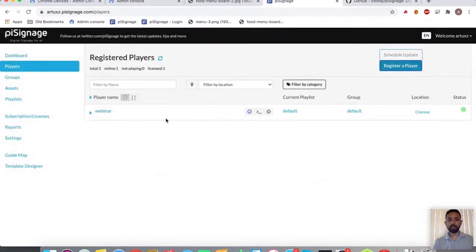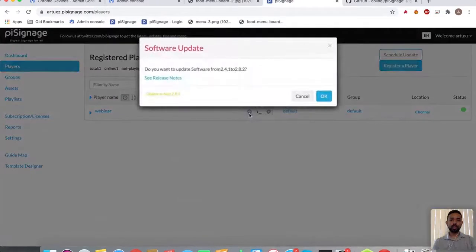So it's already registered, and the light arrow is to update the device. If they have any updates to the operating system they provided, this is where it updates the device. So I'm just clicking once.